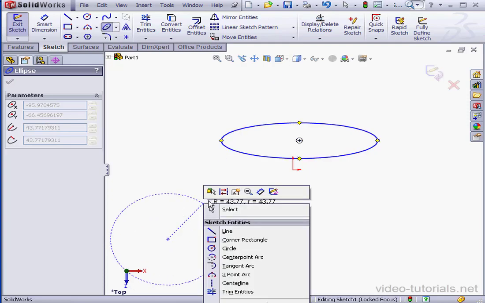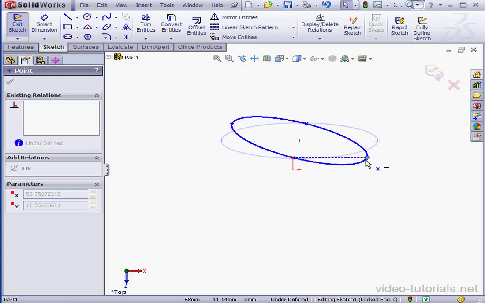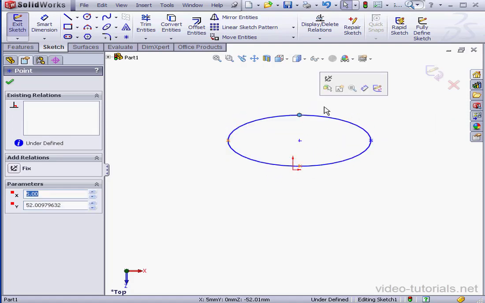Okay, let's right-click and select to exit the ellipse tool. The parameters that I just defined work as references, but they don't constrain the sketch. I'm able to adjust the major and minor radii freely in space. As well, when we create an ellipse, no relations are created simultaneously, so let's learn how we can dimension an